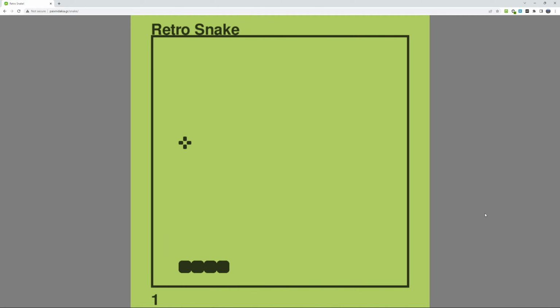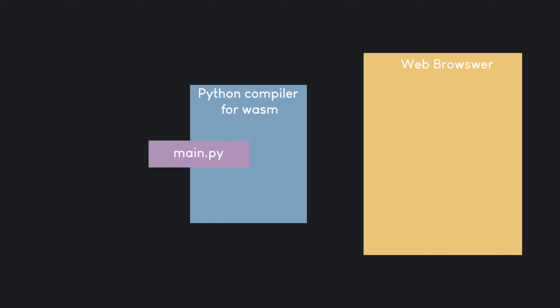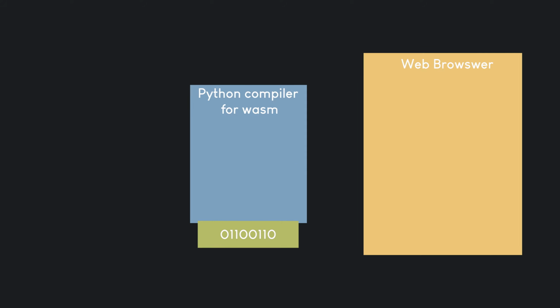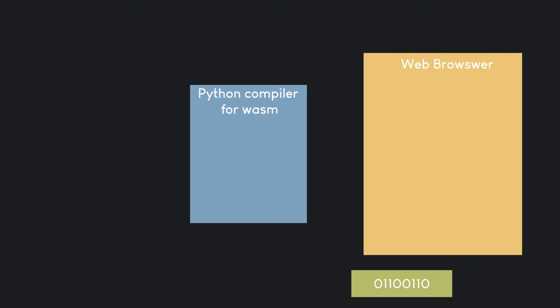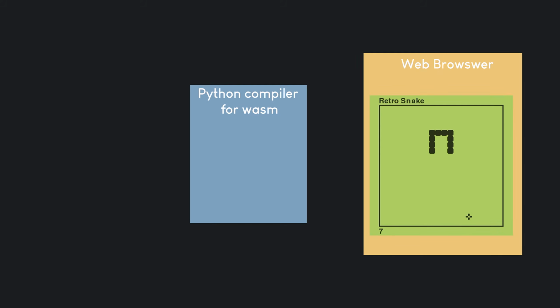The best option will be to offer an online version of my game that can be played directly in a web browser. This way, anyone with a modern web browser can access and play my game without the need to install anything. And this is where WebAssembly comes in. Using WebAssembly, I can take my Python game and convert it into a binary file that can be run in any web browser. This binary file will contain my Python code compiled into a special format that is optimized for the web. Once I have this binary file, I can load and run it in a web browser, just like I would with any other web-based application.